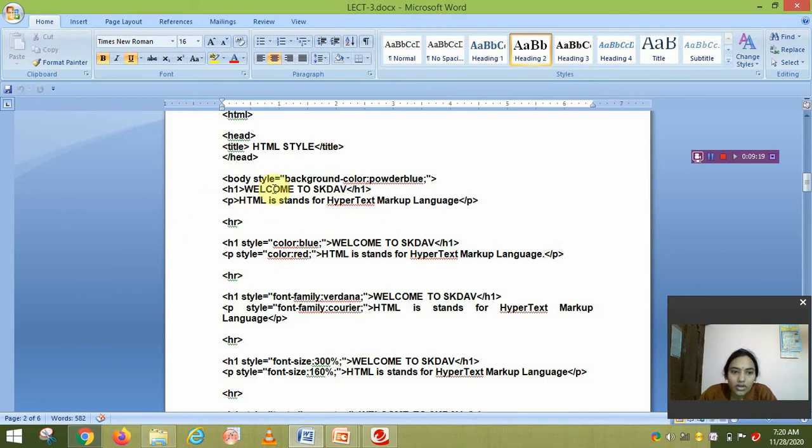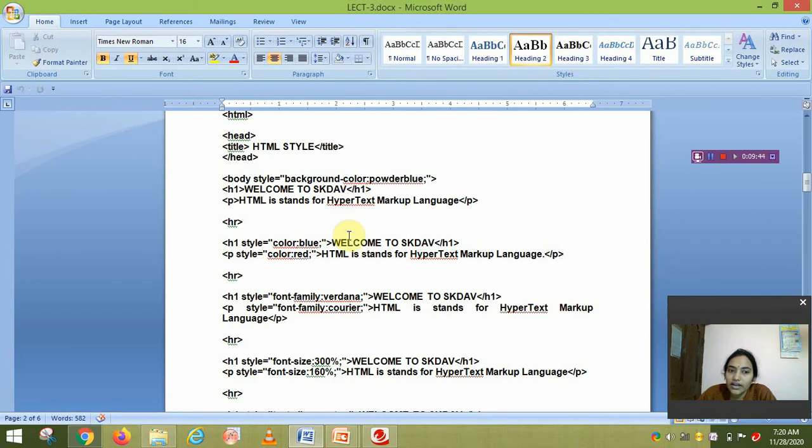So here we write welcome to SKDV in the H1 size, heading size. Then HTML stands for hypertext markup language, in a paragraph. Then we write HR, which means we insert a horizontal ruler or horizontal line here. After that we set the style.